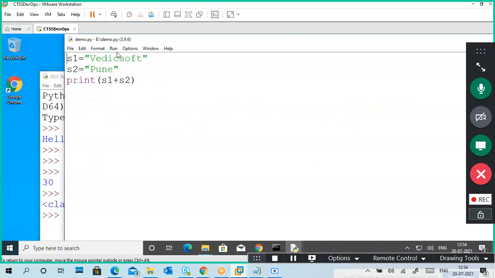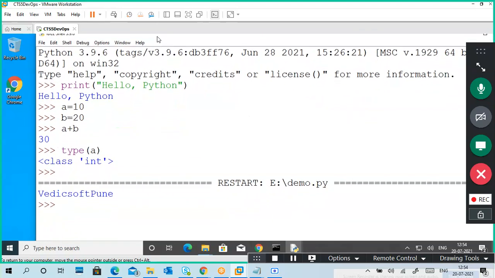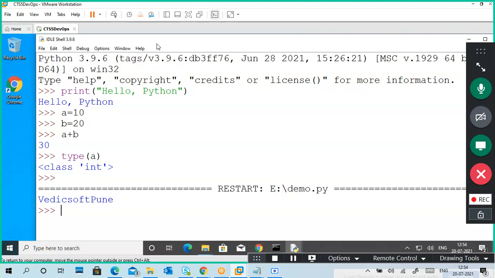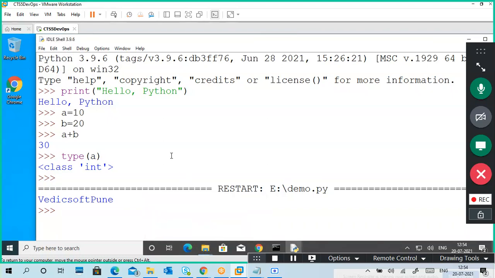Sir, in Python, do we need to do path setting like in Java? In Java we do it automatically. It is set automatically, because when I am installing, it is already set. So you don't need to do it a second time. When I install and tick the check mark, then automatically it is set. If in case it is not set, you must give a path. Whichever path you installed, you have to verify that again.